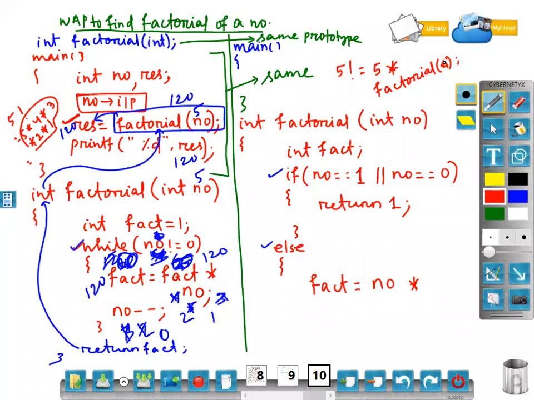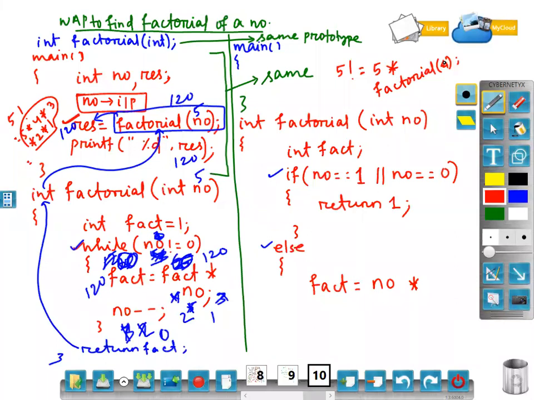What is factorial of 4? That is 4 into factorial of 3. What is 3 factorial? 3 into 2 factorial. What is the factorial of n? What is the factorial of number? Suppose I don't want to calculate. I want to leave the entire calculation to the language so that it solves the problem for me.